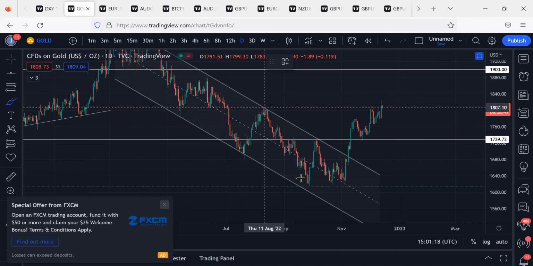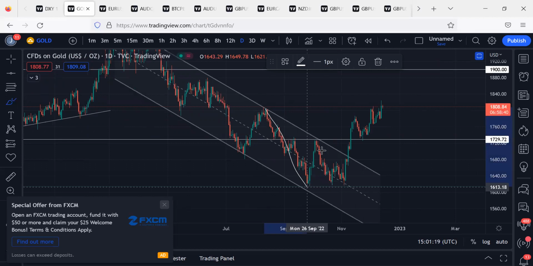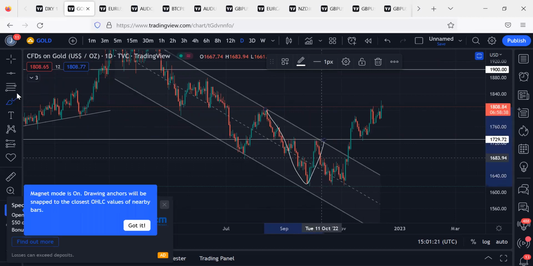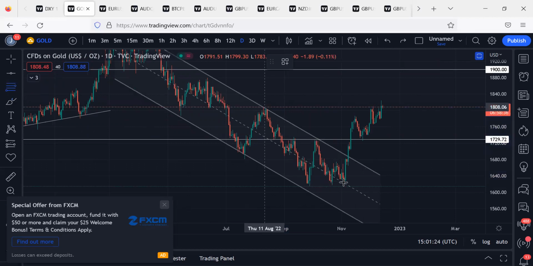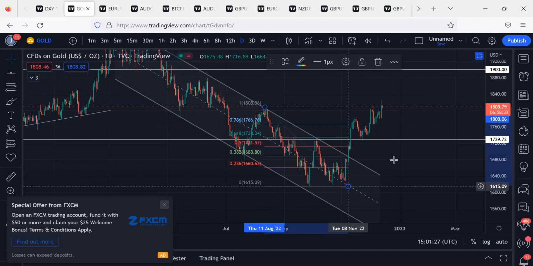This was the push, the last push we had. We came up to zero, I think it should be 0.5. We couldn't break it. So your Fibonacci retracements are very important on your trading journey. These things are very, very important.